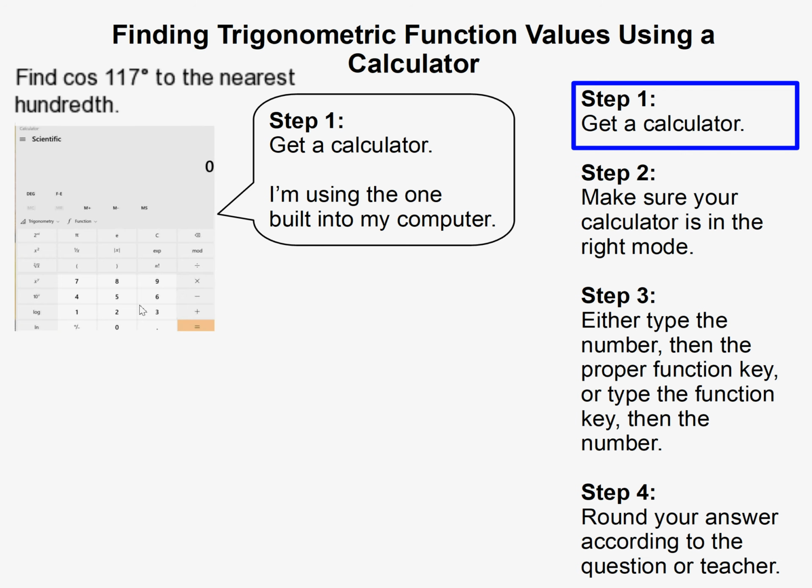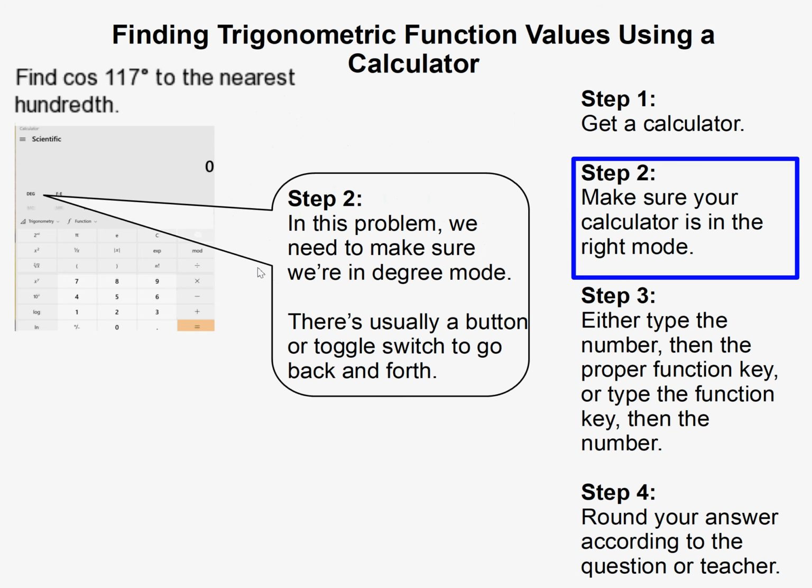This is the typical calculator on a Windows PC, and I converted it to scientific mode. You can do that by clicking on this button and going to scientific. If yours looks a little different, it should look something like this. Then the next thing is, since it says find the cosine of 117 degrees,